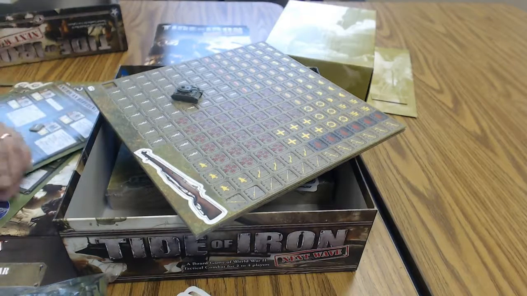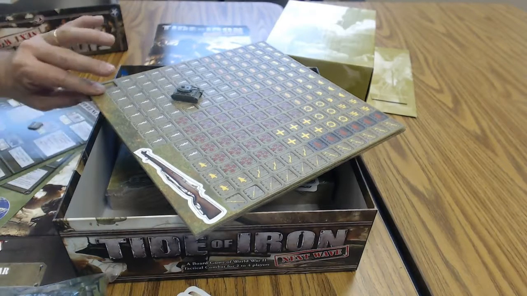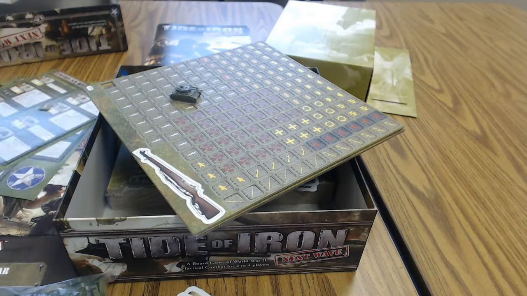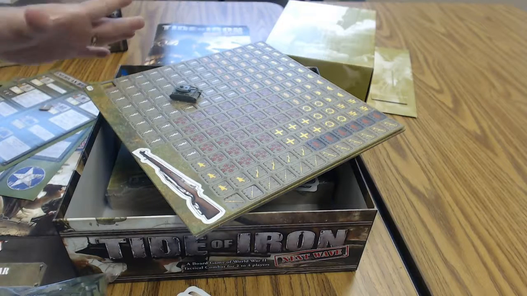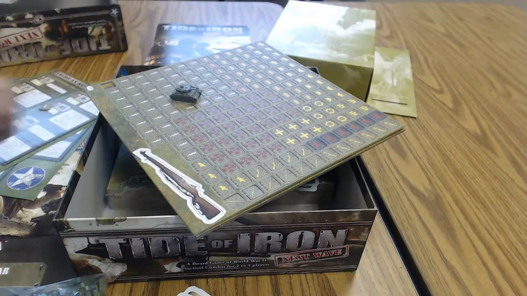But it's a really fun game. It looks good. The geomorphic maps help because they're already kind of pre-laid out for you, unlike Memoir 44 where you're looking for a special hex to put in a certain area. This one you put the board out and you have overlays which make it really simple. And the toughest part